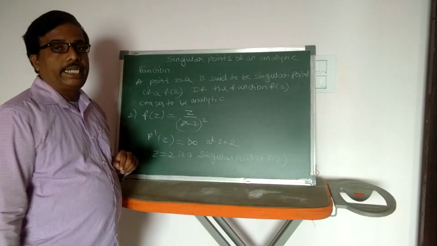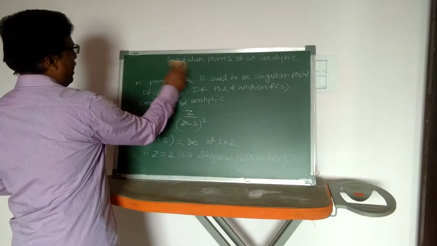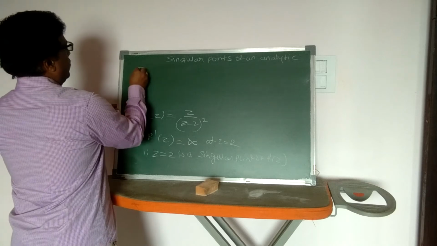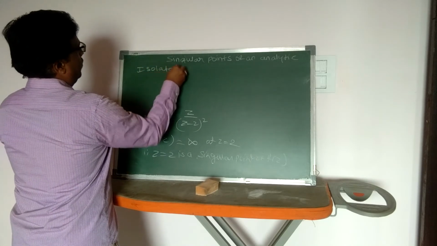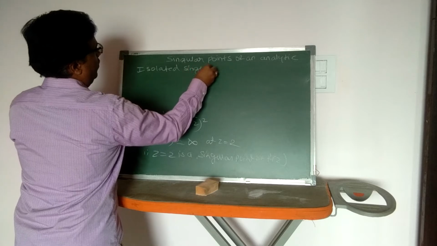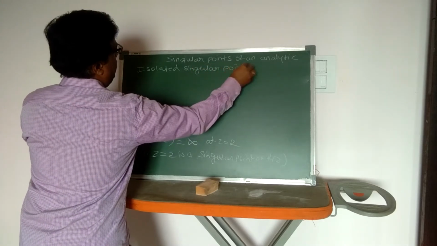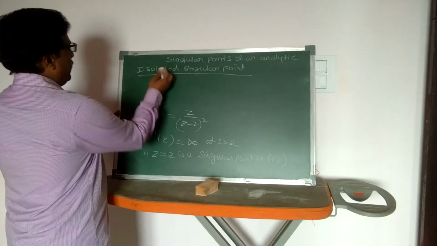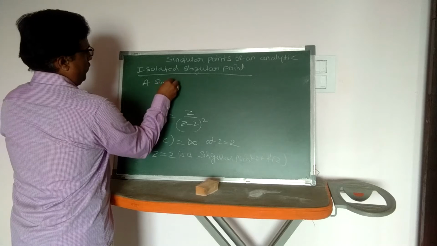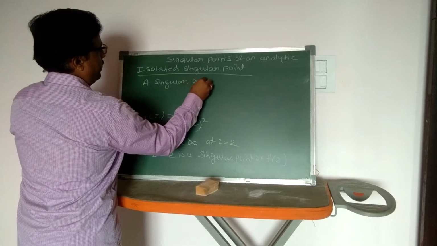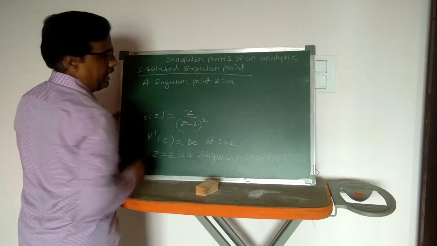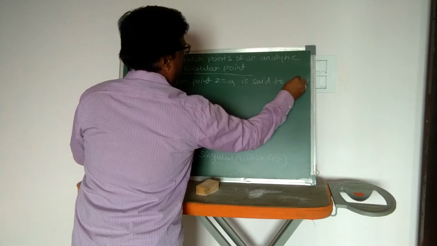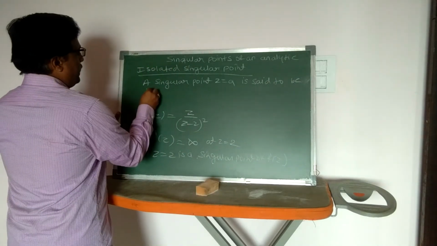Next comes isolated singular points. Isolated singular point. Okay, so isolated singular point means what? A singular point z equal to a is said to be an isolated singular point